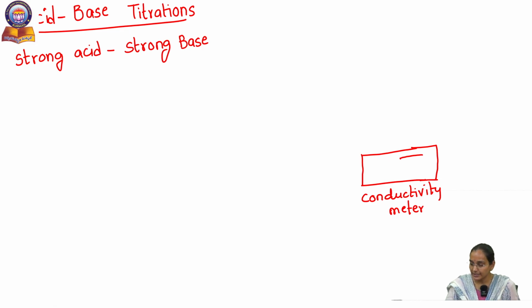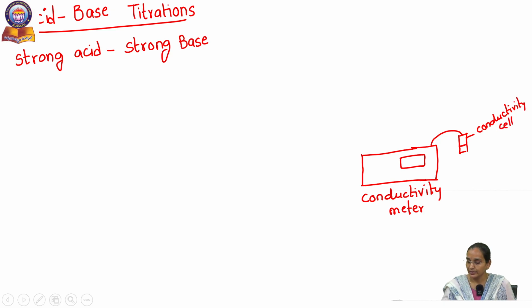It measures the conductance. How can it measure the conductance? With the help of a cell. We call it a conductivity cell. This cell measures the conductance. This is the conductivity cell. If we dip this conductivity cell in a solution,